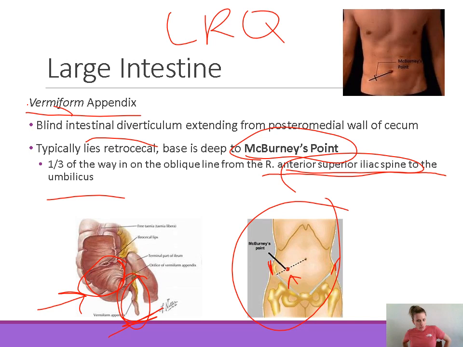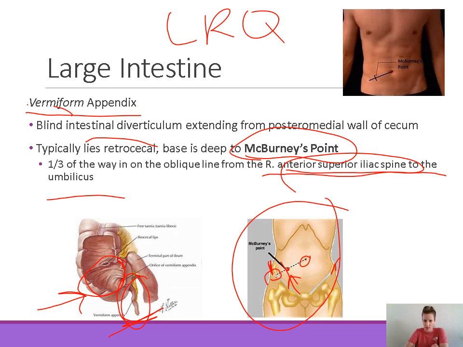If you follow the iliac crest around anteriorly towards the front, you'll feel a little hook at the very front of it. That's the anterior superior iliac spine. If you draw a line from there to the umbilicus, which is just the belly button, and go about 1/3 of the way in from that,